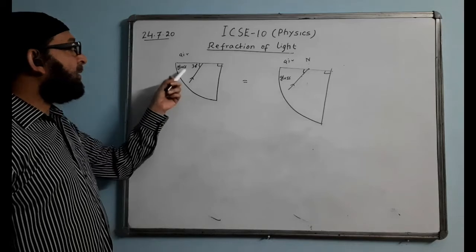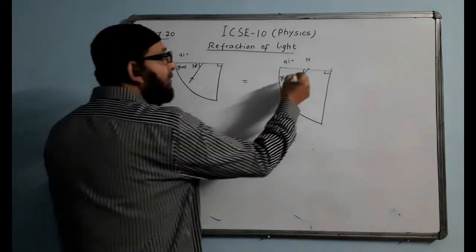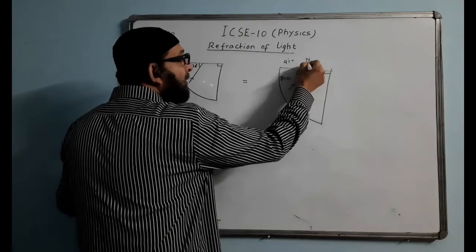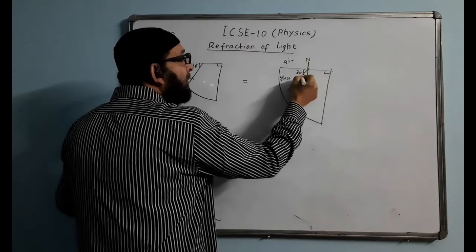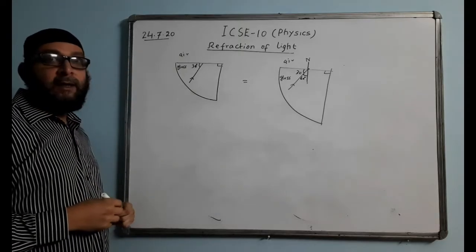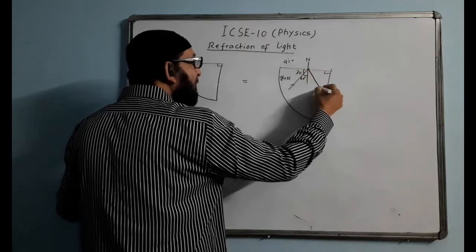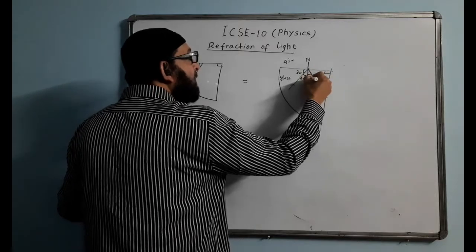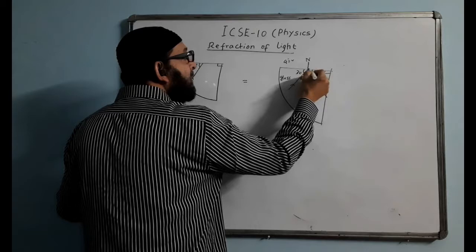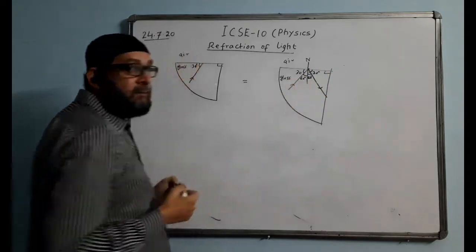Now this is another case out here. Here the angle is given 30 degree. Let us draw the diagram. 30 degrees, we draw normal. 90 minus 30, this angle becomes 60 degree. So 60 degree is more than the critical angle. So TIR will take place. TIR is taking place here. So this angle will be 60. So this angle, 90 minus 60, will come 30. This angle will be the same. These two angles will be the same.